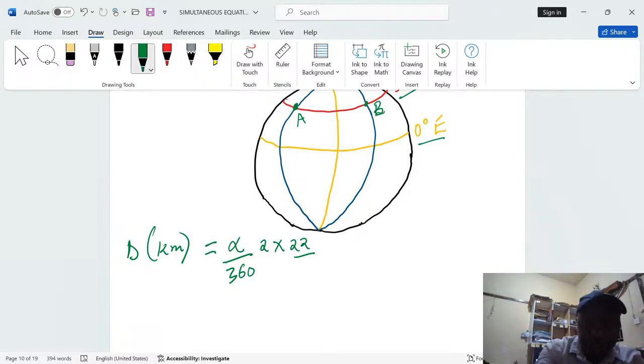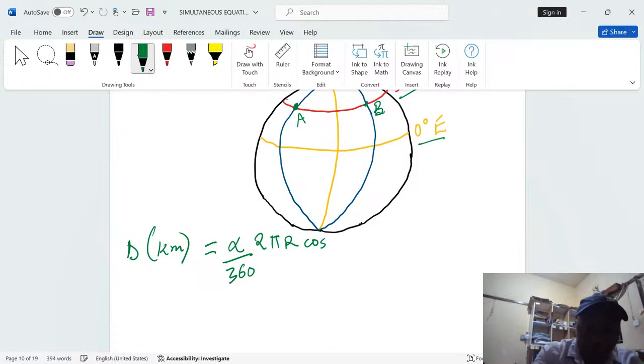I should have written the formula first. So we can talk about alpha over 360 times 2 pi r cosine of the latitude, because we are on a